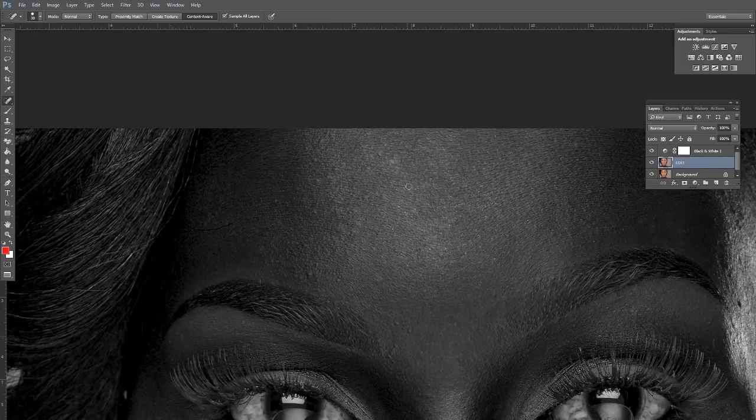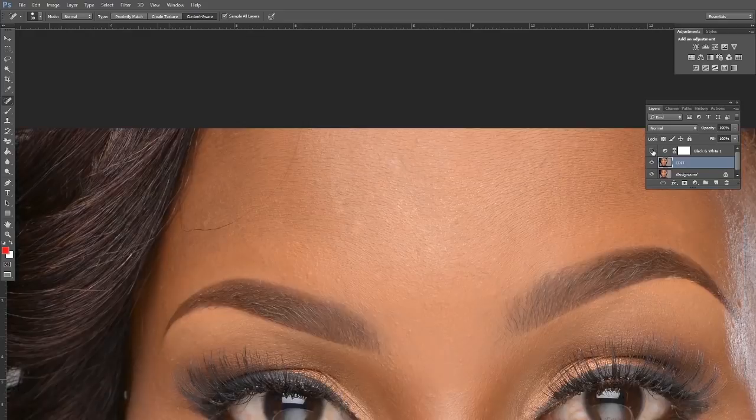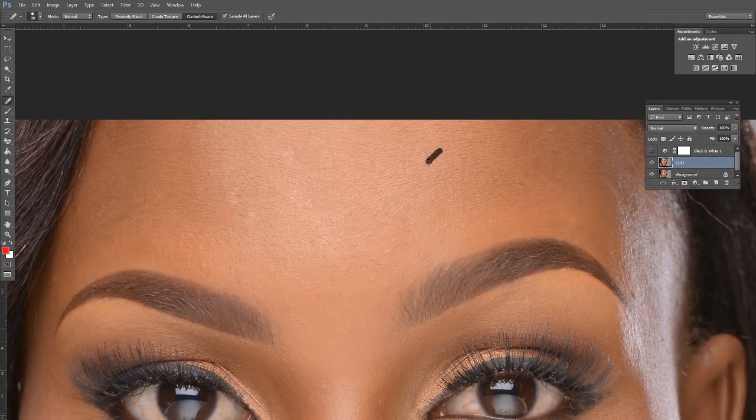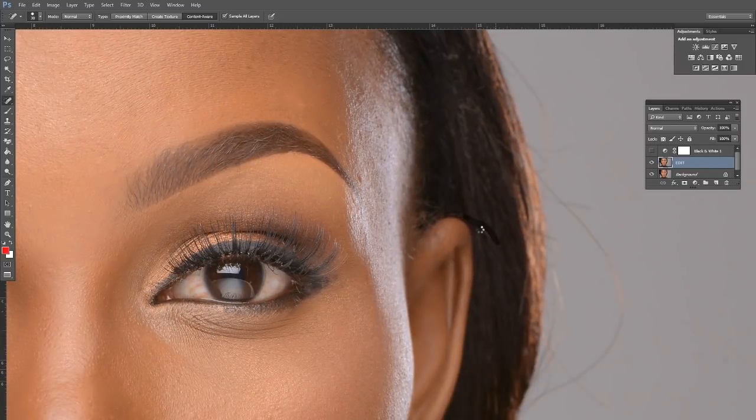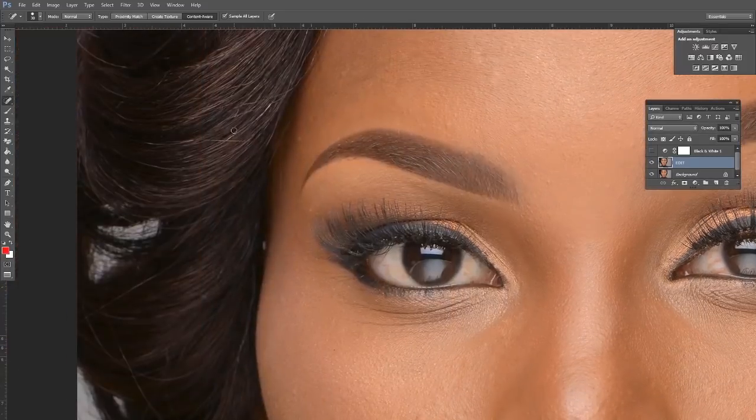Now there is this hair we are seeing here. I'm just going to have to come and get this off, and then just do that. Still that, like all these flyaway hairs. Now like this, just come and do that. Get rid of that. Basically, we want to remove everything that seems to be ugly. Also these, like,